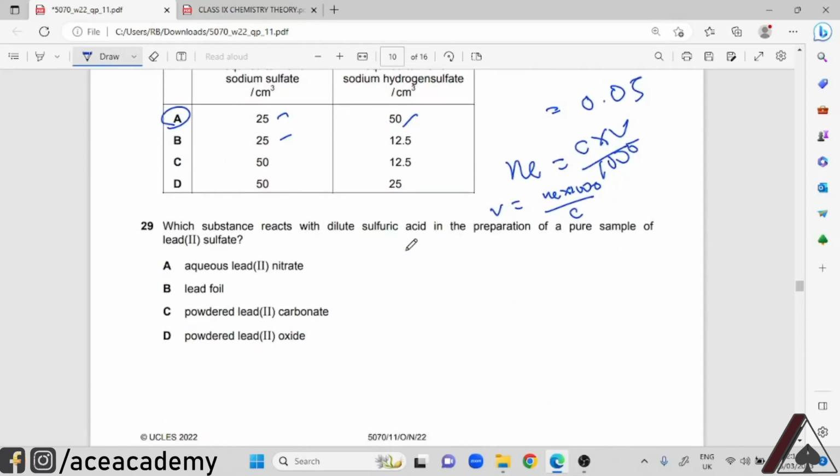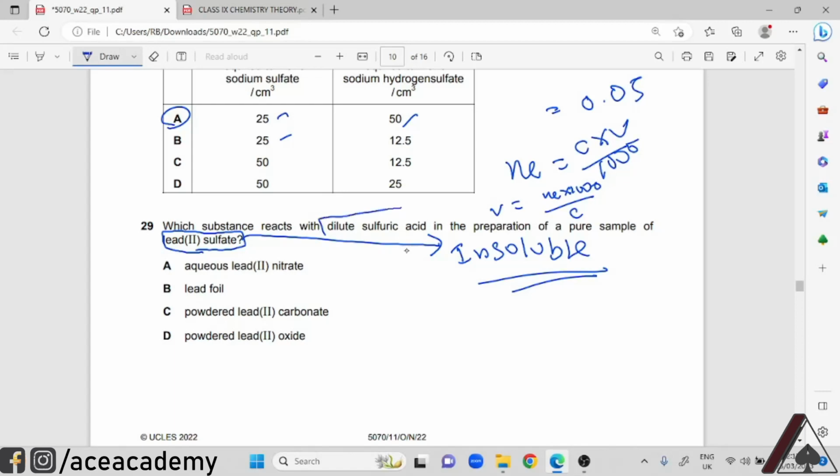And then we get question number 29, which says which substance reacts with dilute sulfuric acid in the preparation of a pure sample of lead 2 sulfate. And we know that lead 2 sulfate is an insoluble salt. Following the solubility chart, we know that lead sulfate is insoluble, and since lead sulfate is insoluble, with dilute sulfuric acid, if we add aqueous lead 2 nitrate, we will get